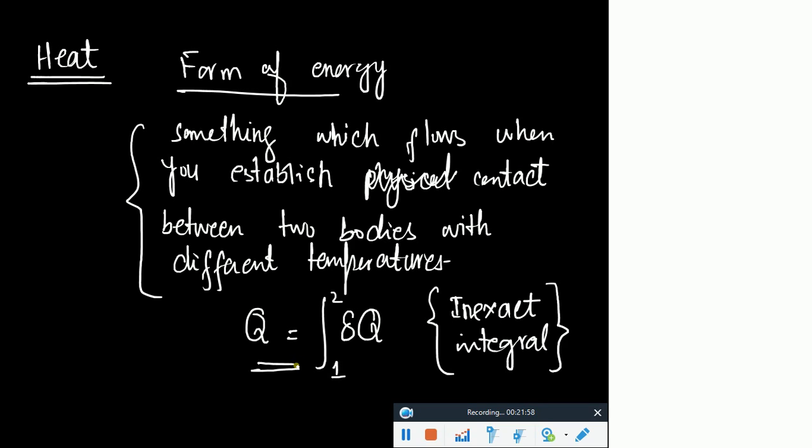I talked about one case in the last class, when I tried to find some integration related to the polytropic processes. You remember that? Once I integrated PV raised to power n. So this is an inexact integral, and regarding the sign convention,